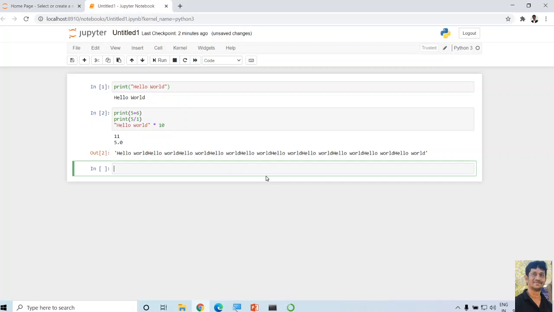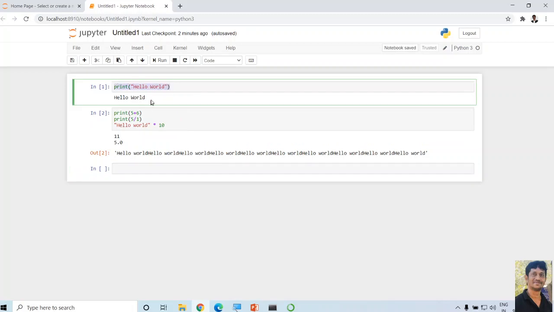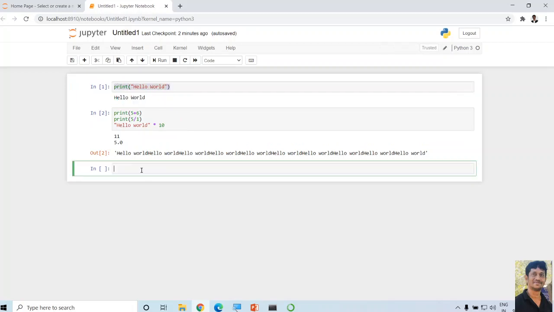Now I want to add some content. This Jupyter Notebook is a combination of 3 things: we have code, we have the output, and after that we can add some instructions to the program, like comments. Suppose I want to give some instruction to my students or to one of my friends. I don't want to put comments here, I want to explain this code.